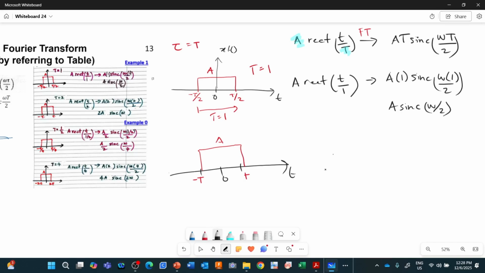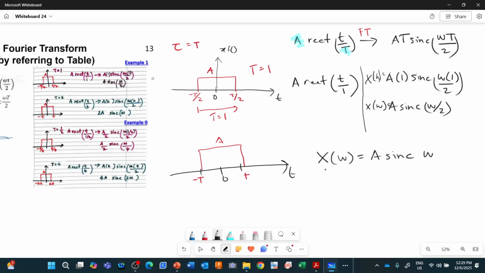Let me write properly. X(omega) is equivalent to, what's your A value? A. Still A, sinc